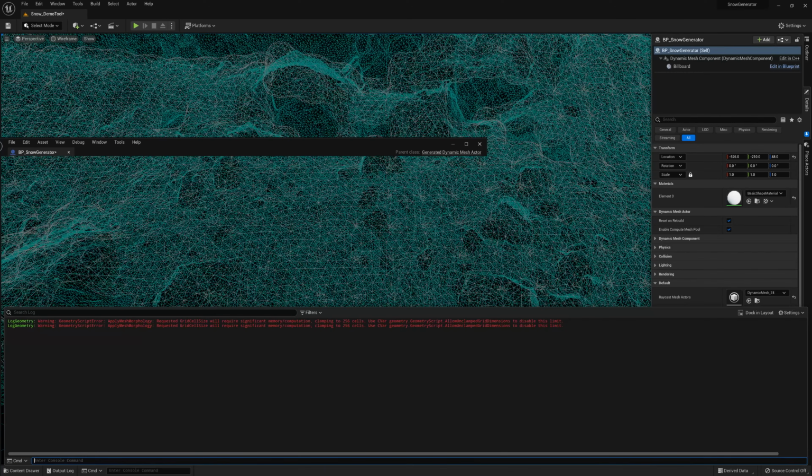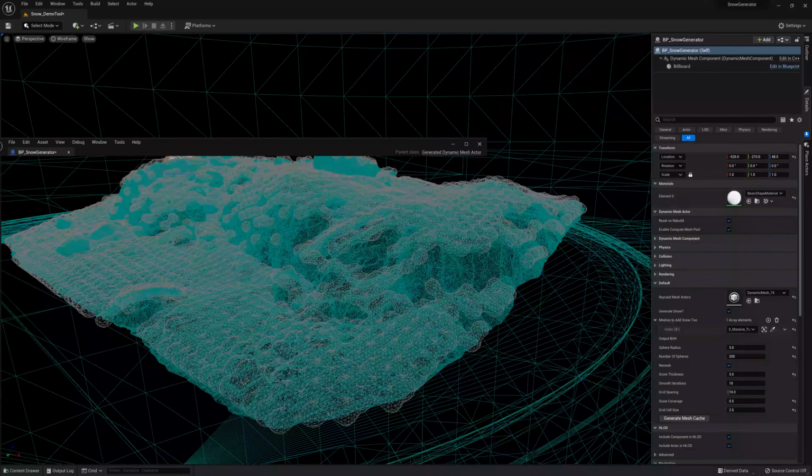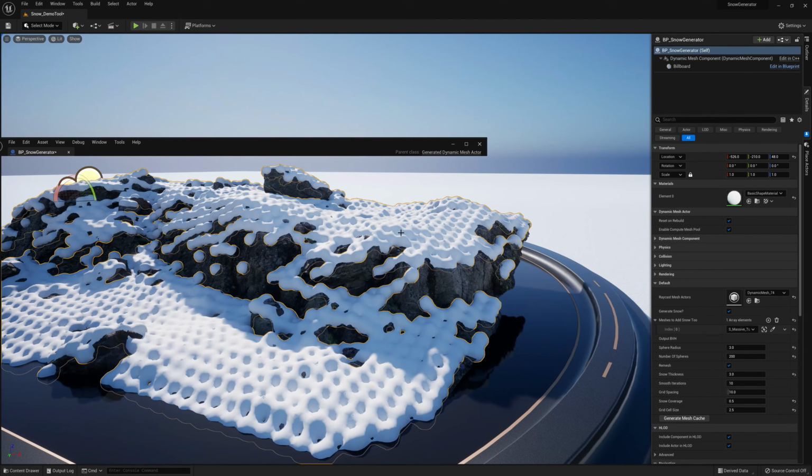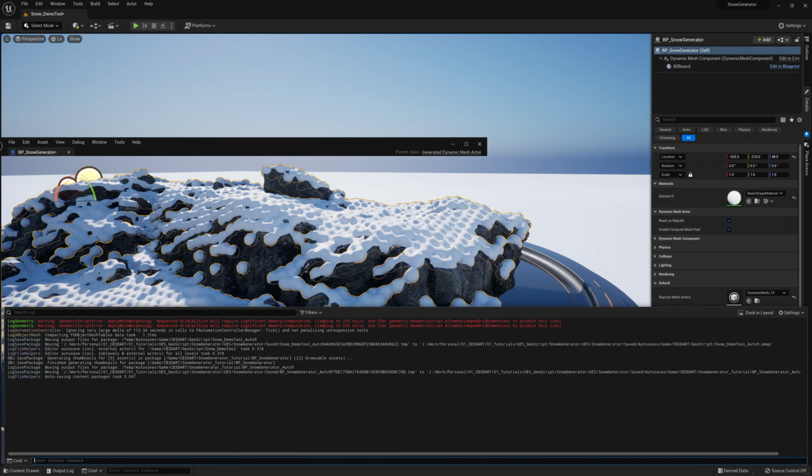centimeters. If you go to the output log, you might see that there is actually an error popping up, which is saying the requested cell size will require significant memory and computation, clamping to 256 cells. Use cvar geometry script allow unclamped dimensions to disable this limit. Basically what this is saying is, in order to generate the voxels for this size of voxel, i.e. each voxel is 2.5 centimeters square, it will require so many voxels. The engine has actually told the node not to go beyond a certain number. You can disable this using this geometry script allow